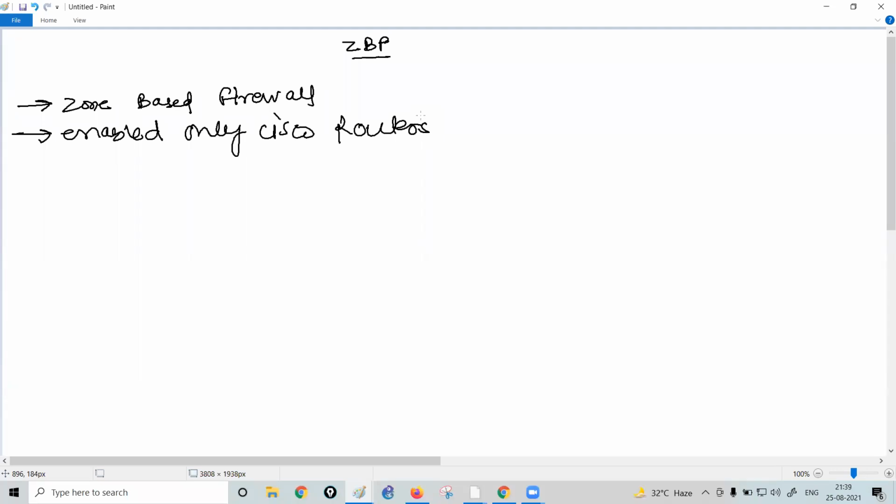Fine. Next thing, why do we require zone based firewall? So I told you that there are certain problems. Every topic which we are going to discuss in our classes is just a solution to overcome a problem, right? So basically we just need to discuss the problems and we will eventually get to know why that solution has evolved. Is it clear?